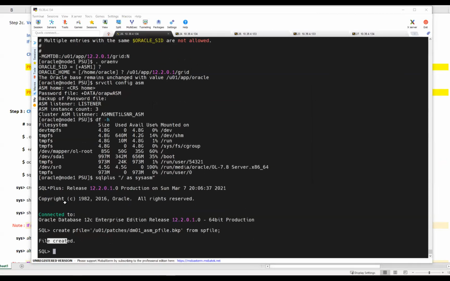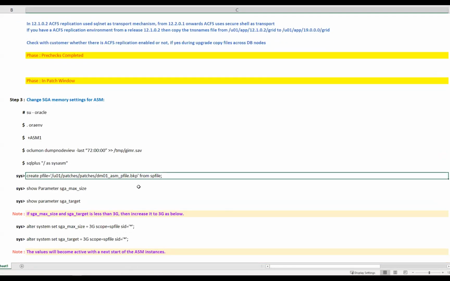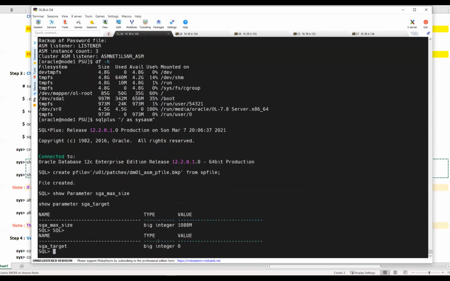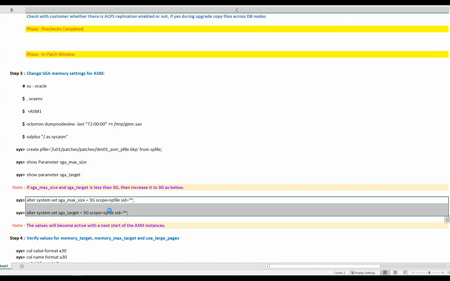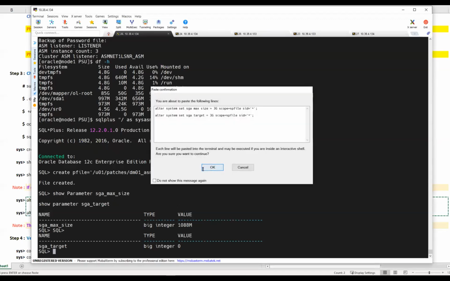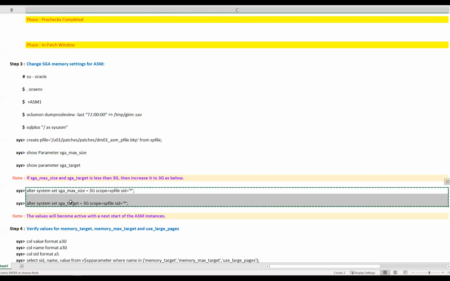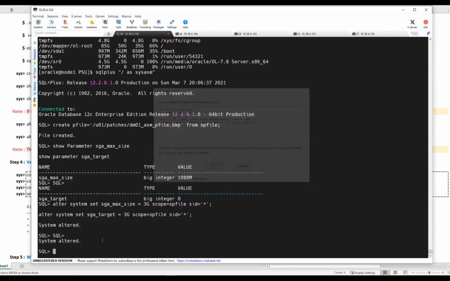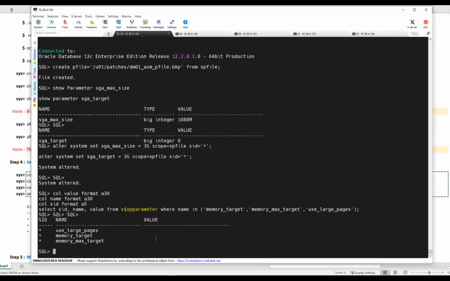Now we can go back, and you can check your SGA target. You can see now it is 1 GB, so I will just make it 3 GB. Okay, done. Now you can verify this one, and nothing is set, since it's a lab environment.